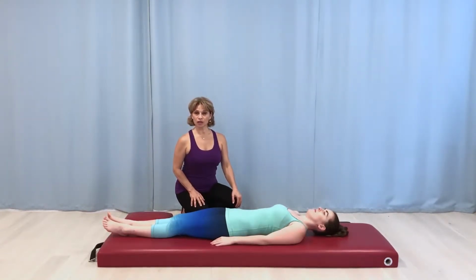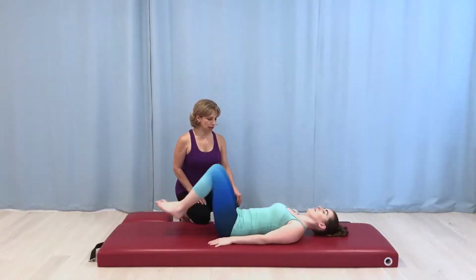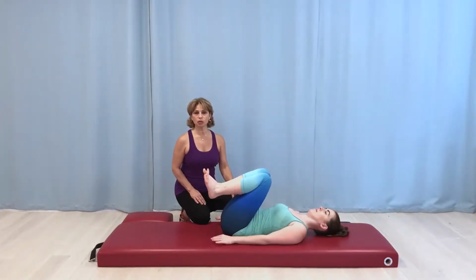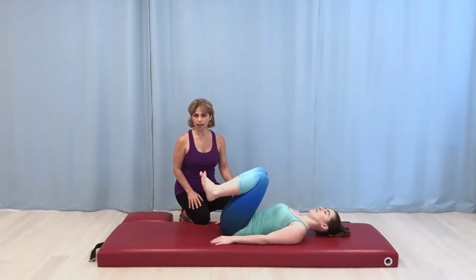I'm here at the Art of Control in Stamford, Connecticut, and also the home for the Art and Science of Contrology teacher training program. Tina is with us to demonstrate the second exercise of the abdominal series, the double leg stretch. We're going to start with your knees bent into the chest, and I'm going to show you a demonstration of a modification of the exercise first, and then we're going to do the actual exercise the way it's meant